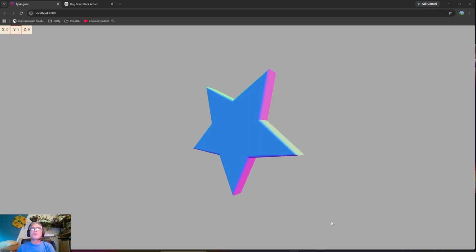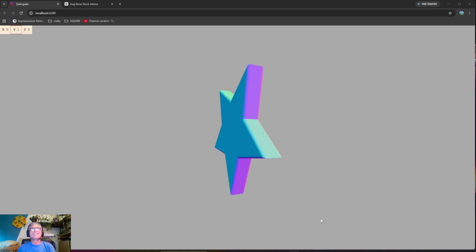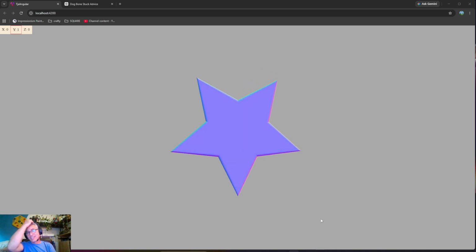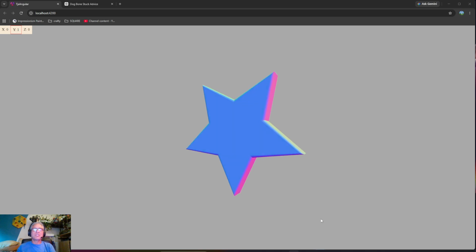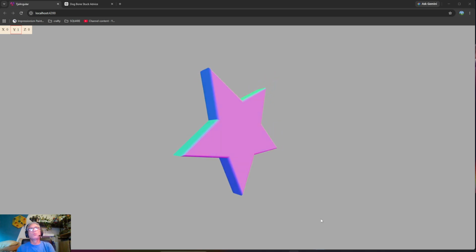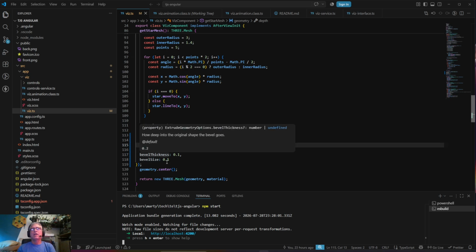Everybody's part of the JavaScript party, and this is my extruded star. Once you make a shape and a star, making an extrusion out of it is super duper simple. Really all I had to do was, instead of this three shape geometry, use this three extrude geometry. You can tell it the depth, whether to have a bevel or not, a thickness, and a bevel